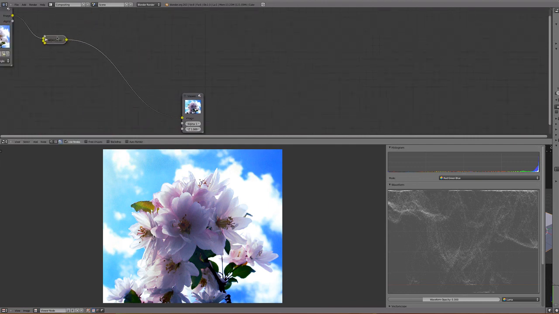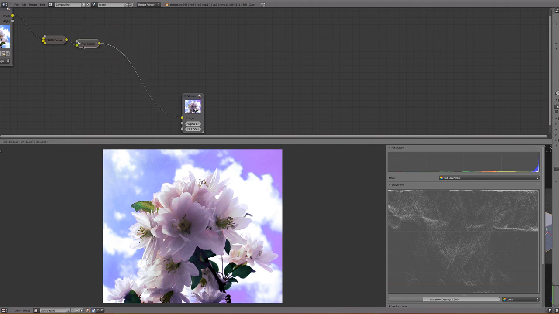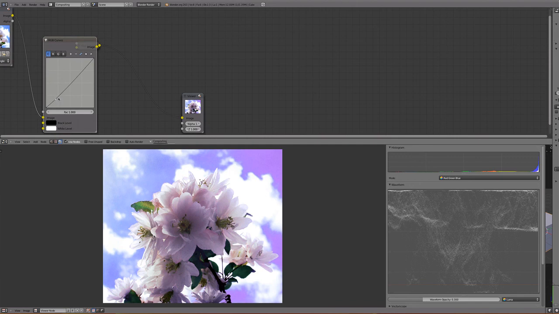And then you might want to add in another tool and go from there and just create something interesting. And then bring down the saturation maybe. And then finally maybe a contrast adjustment. Whatever you might be into,